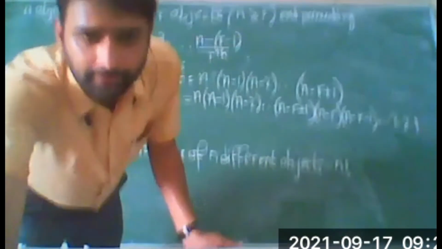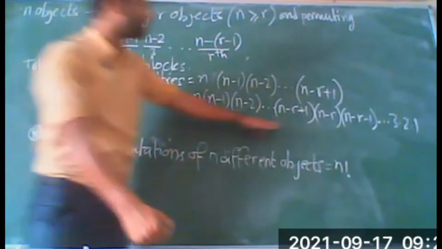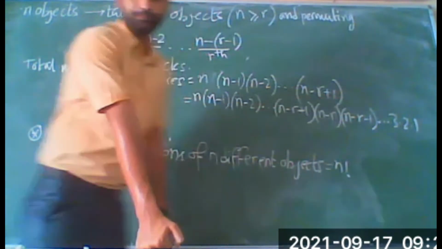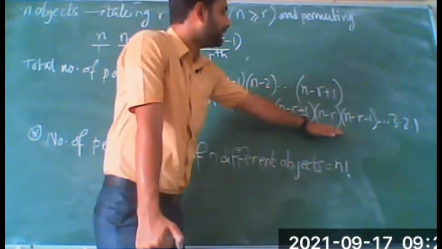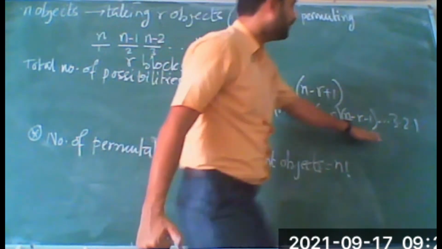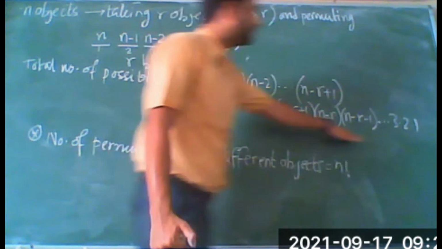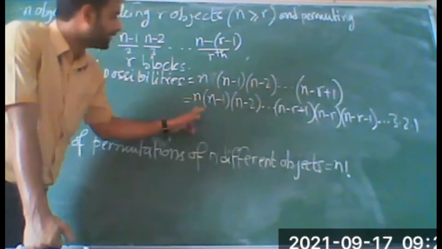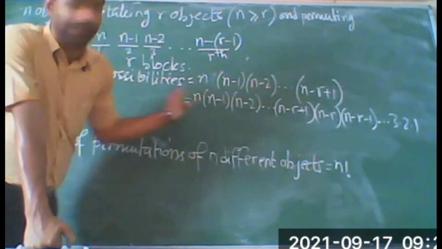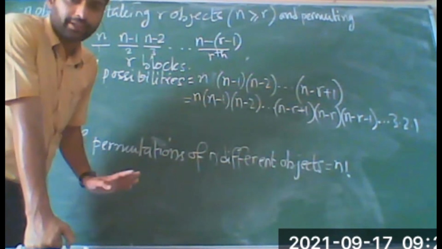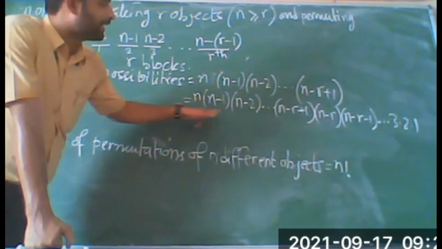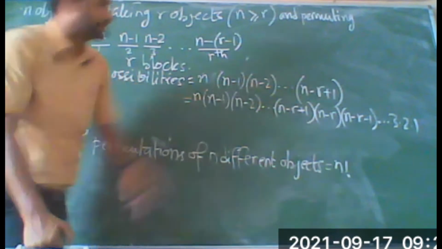Can you see all the letters here? N minus 1, N minus 2. After N minus R plus 1, we are adding the rest of the numbers up to 1. After this it will be N minus R, then N minus R minus 1. In this way it is decreasing towards 1. All the numbers up to 1 we are taking, so that we can make it N factorial, the product from 1 to N. The reason is clear, I think, why we are taking it. Since the terms from N minus R to 1 are extra terms, that's why we are dividing by them here also.